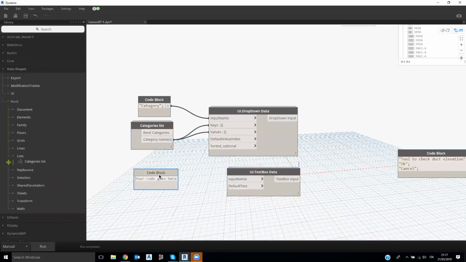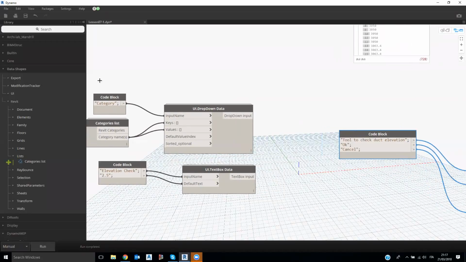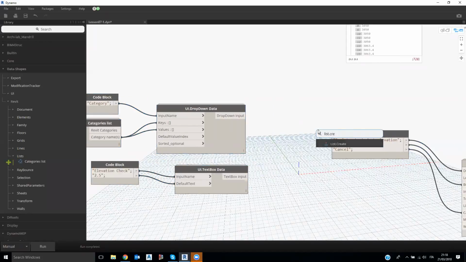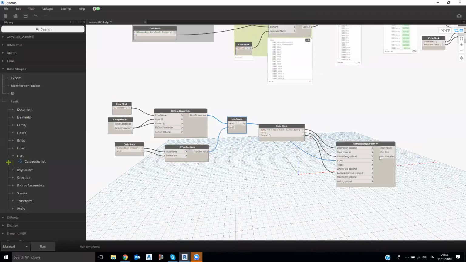The text box is actually, we can say, the elevation check. And we can say that the default value, it's probably, let's say, 2.5. So after this, we can collect all together these elements into a list of inputs using the list create. And we can connect finally this to the inputs. So let's run now